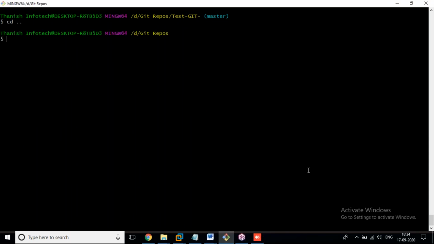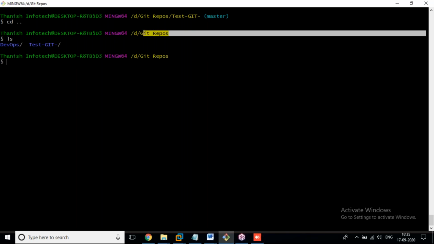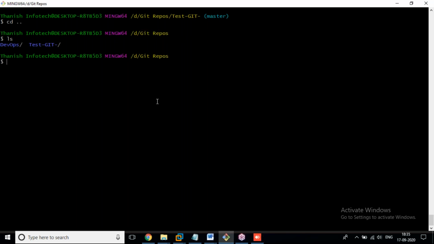If you want to come out from the present working directory or to enter the parent directory, this is the parent directory and this one is the child directory. Yes, we came out from this directory. Now ls, if you want to see files and directories in the present working directory, this is the present working directory. Yes, if you want to see the complete path of that present working directory, see.